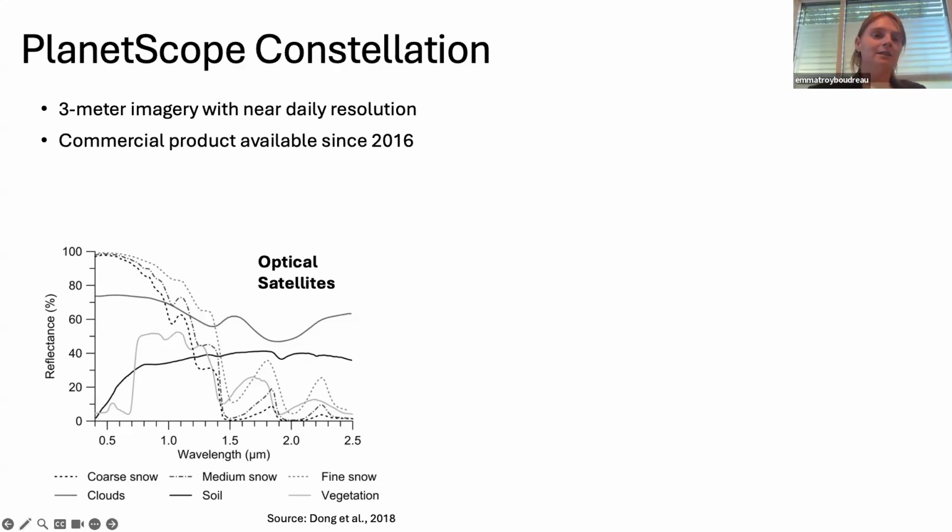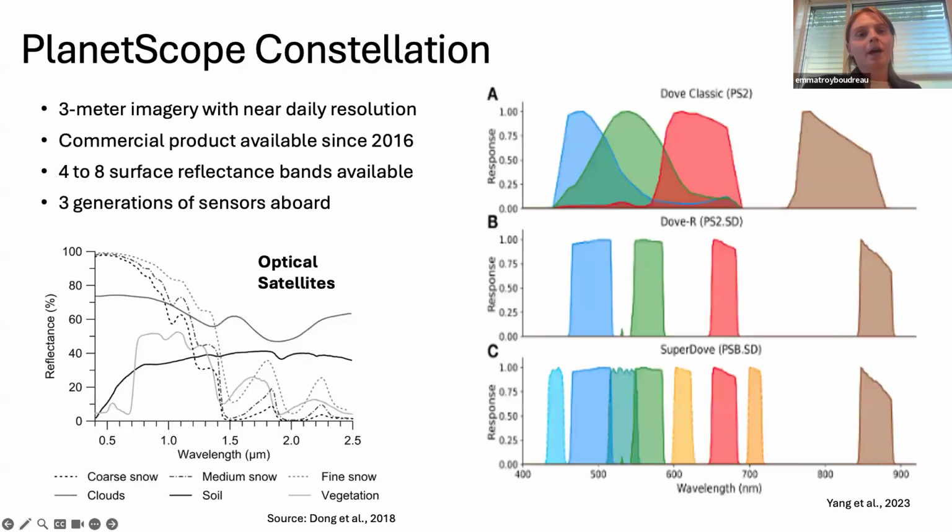And so in this bottom left chart, we can see the dashed lines show a typical trend for what you would see, a spectral signature for snow on the ground. And so if we have these reflectance values from a satellite, we can put them into a model to determine whether there's snow or not. With this PlanetScope constellation, they have 4 to 8 reflectance bands available and 3 generations of sensors on board of them. And so I just want to note here, it will be relevant later, but